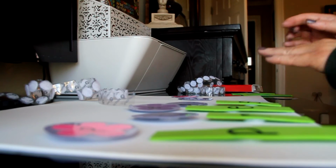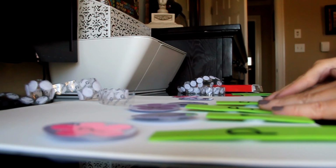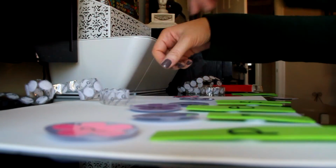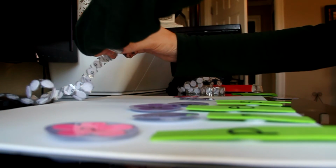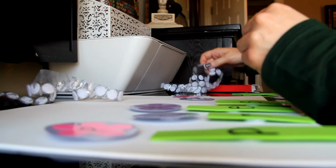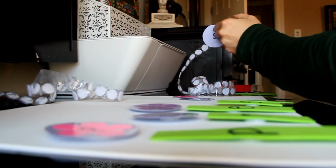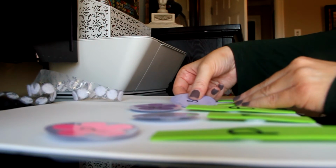Now I am using foam for the background. I used white, but use whatever color you'd like. The stems are also foam board. Feel free to use construction paper or whatever you have around the house. This isn't a very expensive project, and of course it's not gorgeous, not beautiful or perfect or anything, but it's just to help them with learning their name. And so with the clouds and the stems and the flowers, that's 3 times on this one project they're going to be putting their name on this